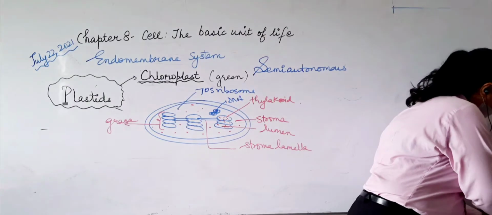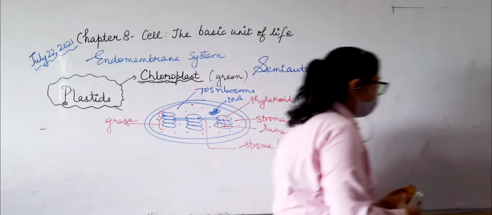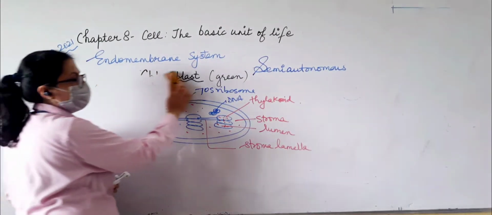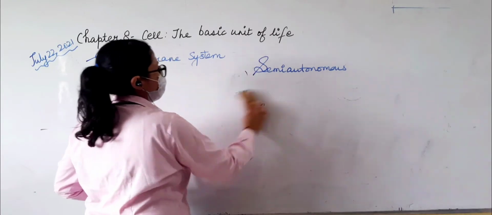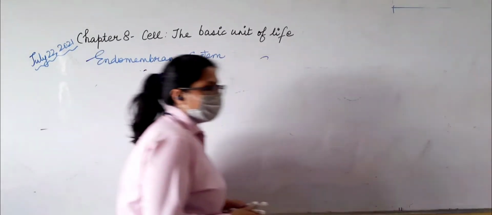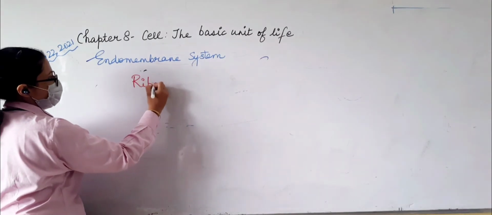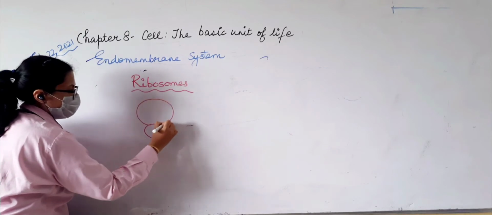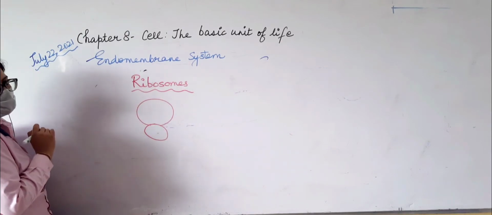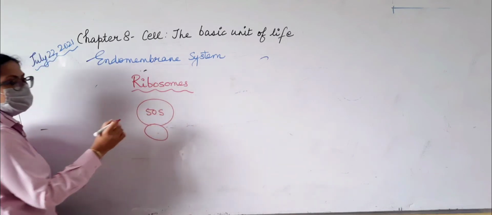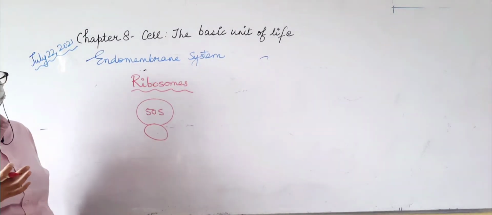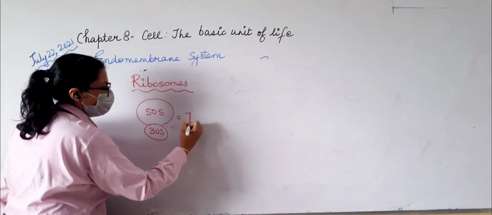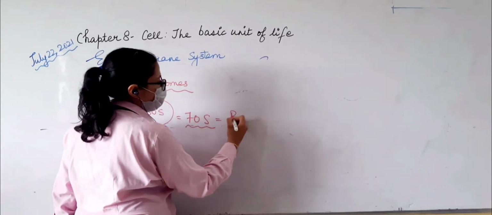So next topic, till ribosomes we will cover today. So next we will start with ribosomes. We know that ribosomes are protein factories and there is a large subunit and small subunit of ribosome. So let us look at the structure carefully. This is the small subunit and this is the large subunit. Together they make the ribosome. So suppose this is 50S, S is the Svedberg coefficient, sedimentation coefficient, telling the density of the unit. And this is 30S. So it comes out to be 70S, which is present in prokaryotes.